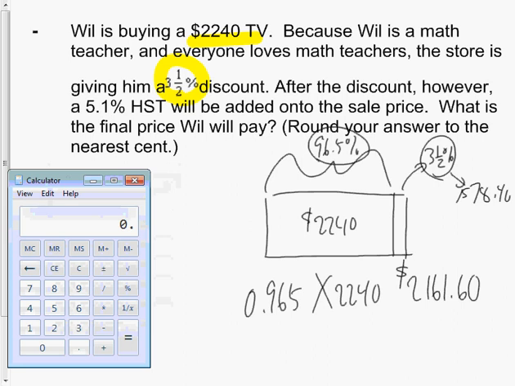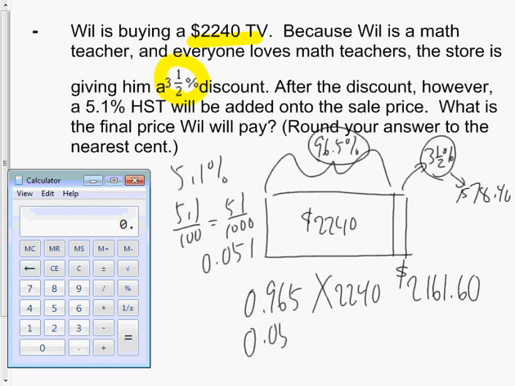So after my teacher discount is $2,161.60. Now I have to add 5.1% HST. So 5.1%, of course, would be 5.1 out of 100, or 51 thousandths, which is 0.051. So 0.051 of the 2161.60 that I have to pay is the tax I'd have to pay. So 5.1% of 2161.60, I'd have to pay